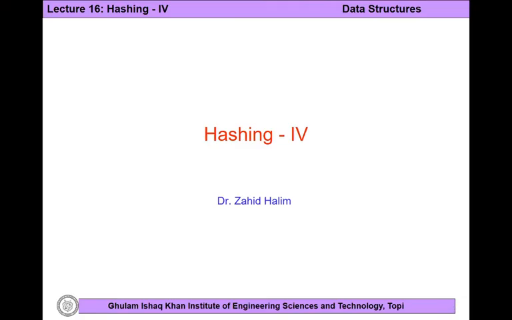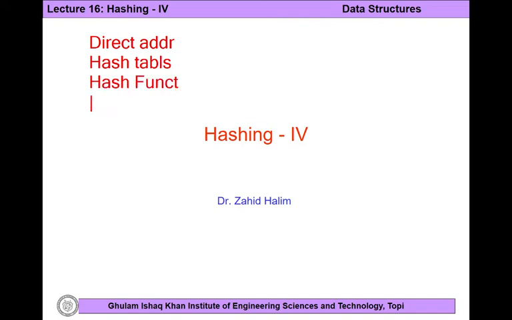So this is the last lecture on hashing, and we have so far covered what is direct addressing, what is hash tables, hash functions, and then we had collision and collision resolution methods, where we covered only the chaining method of collision resolution. Then we covered how we convert the keys, alphanumeric keys, into numeric format,